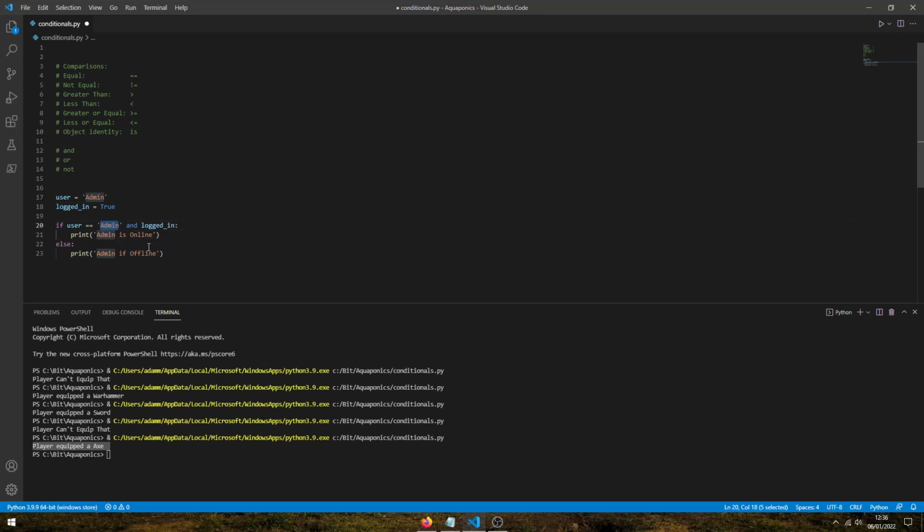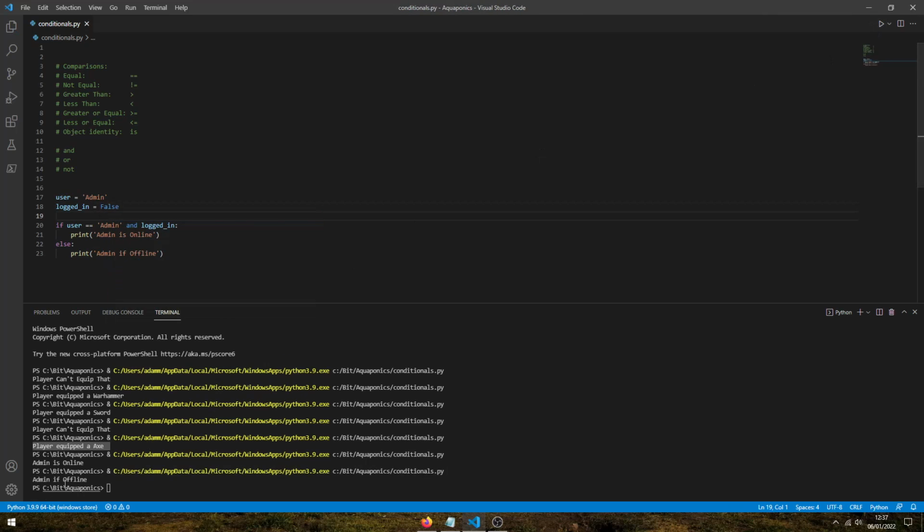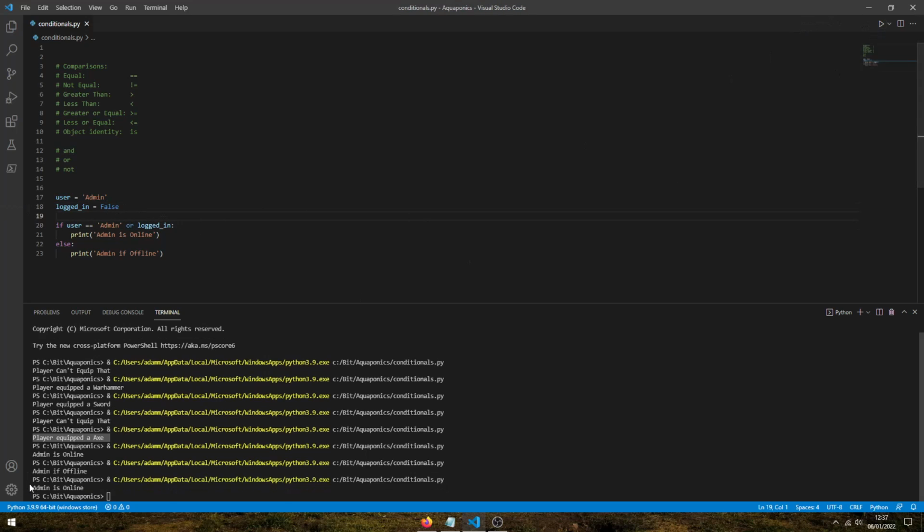So if the user is admin and they are also logged in, then it's going to print this out. But if the user is admin and they are not logged in, then it's just going to print this one out. Whereas, see if I hit play, it says admin is online. But if I change it to false, then it's going to say admin is offline. But if I change and to or, and they're offline, and I hit play, then it's going to say admin is online, even though they're not